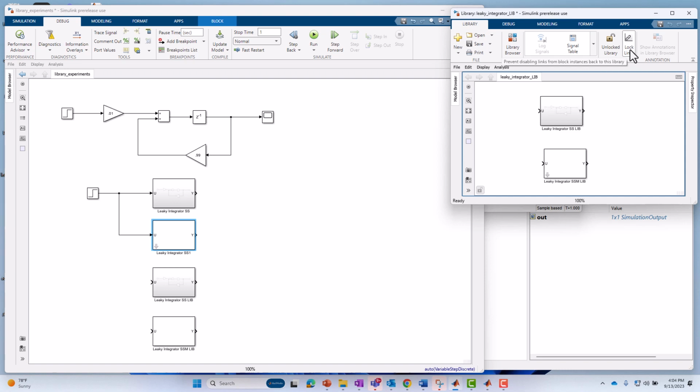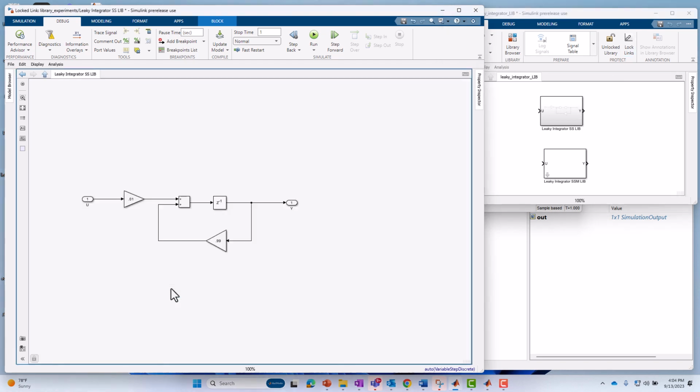So it's kind of like an adjective versus a verb, the way they phrase it here. So in this case, we want to go with the unlock state. That would be, we want it to say lock links. That means it's actually unlocked. So now if we go over to, let's say, this block here, the unmasked version, and I wanted to change